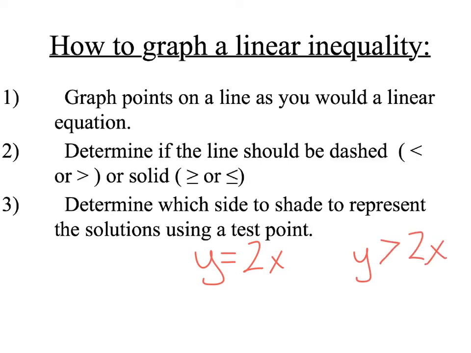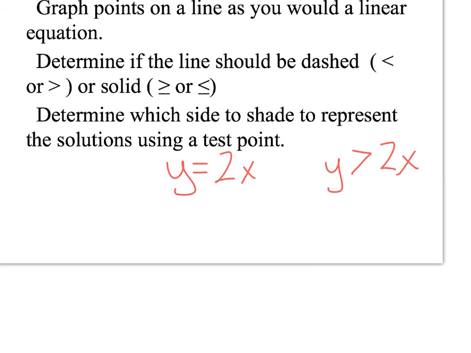So if you think about the graphs of these two equations, the y equals 2x is going to have a y-intercept of 0 and a slope of 2. So it's just going to increase like that. And so technically the solution to this equation is anything that falls on this line. Y greater than 2x